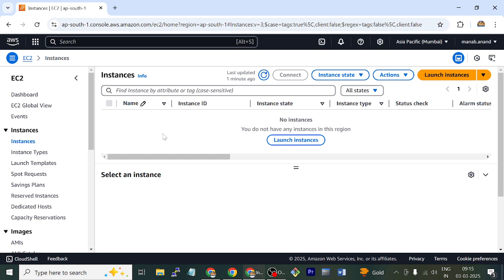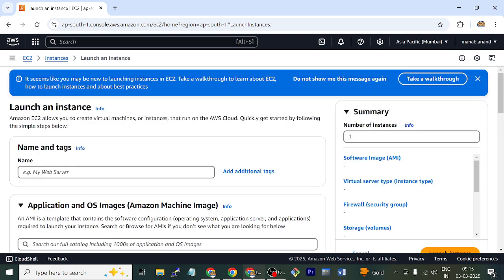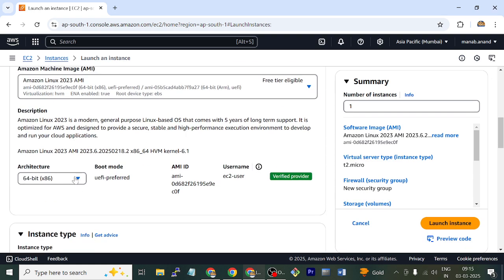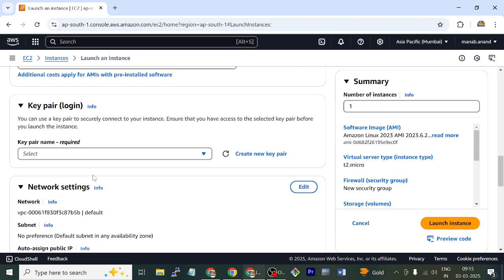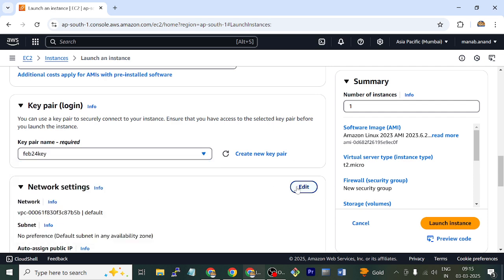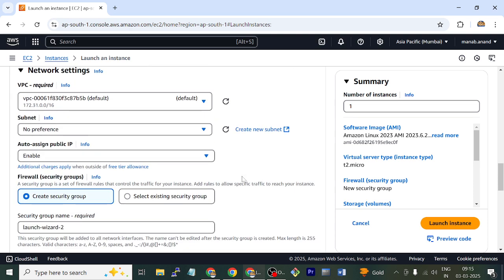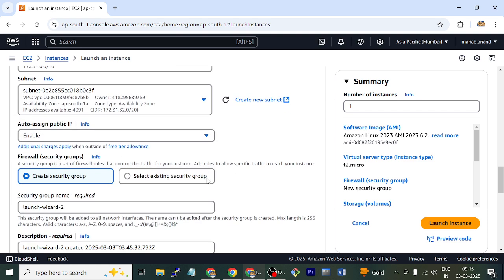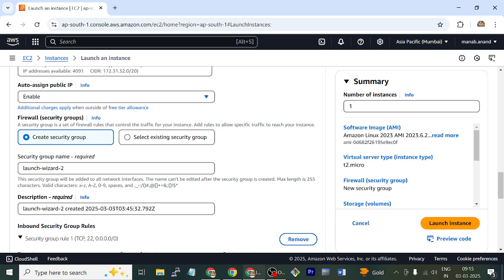Okay. So let's launch one instance. Simple, one instance. Amazon, T2 micro, key pair, any key pair, because I am not going to connect to it. Networking: default VPC, subnet A, public IP enabled, security group,